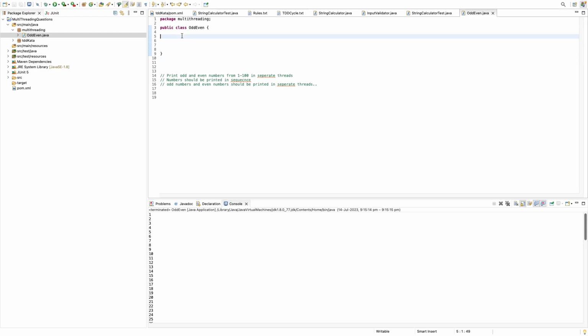So we will solve this problem using semaphores. Semaphores are a concurrent programming concept. There is something called a permit with a semaphore. When you initialize a semaphore, you give it permits. For example, if I give one permit, then let's suppose this semaphore is given to